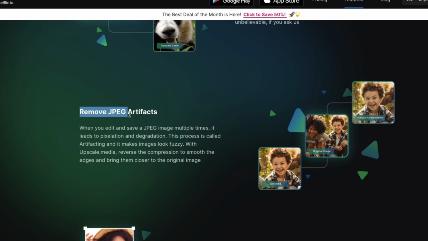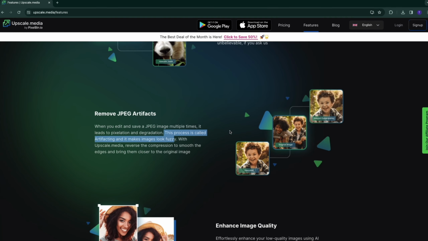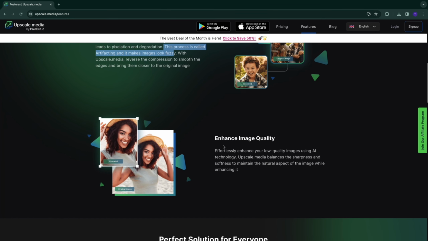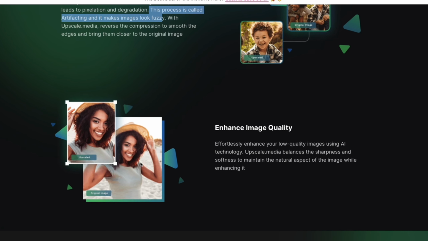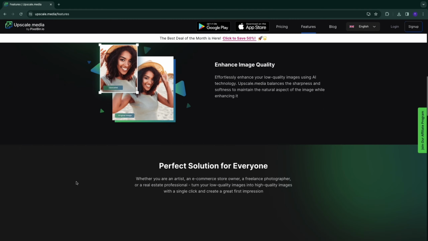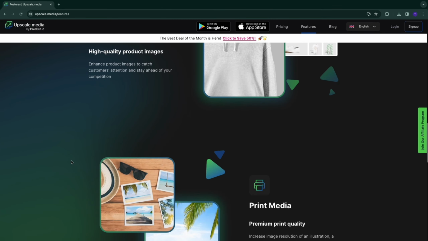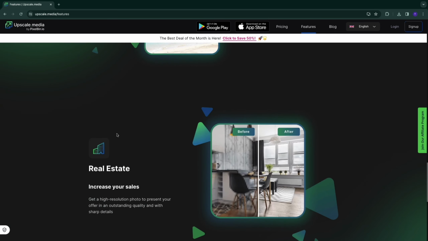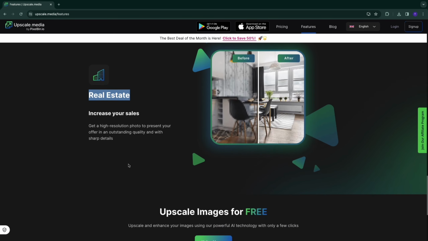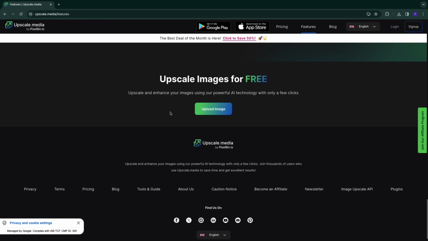So it also helps you remove JPEG artifacts. So for example, when you edit and save a JPEG image multiple times, it leads to pixelation and degradation. This process is called artifacting, and it makes images look fuzzy, and they help you remove that. And then they also have the image quality enhancement, which is what I made this video about. So here you have the original image and then the enhanced quality, and you can clearly see that it is higher quality. So as you can see, you can use it for e-commerce, for print media, for real estate, and there is a bunch more use cases that you can use it for. So you can simply try it for free,